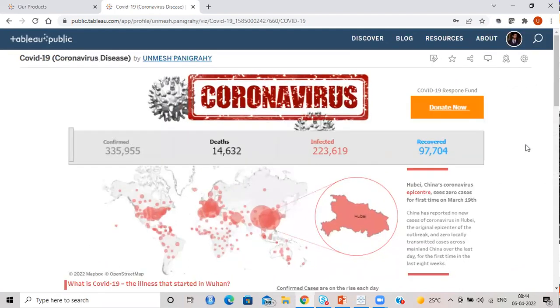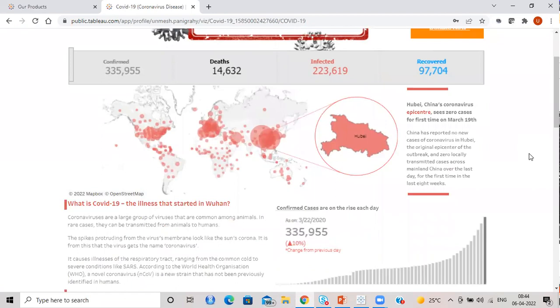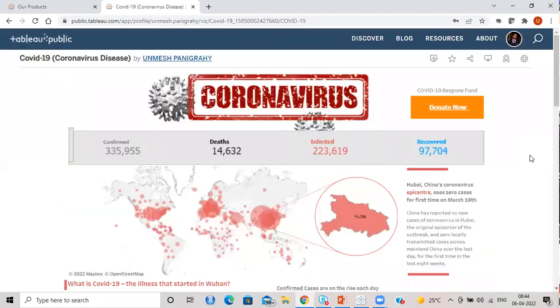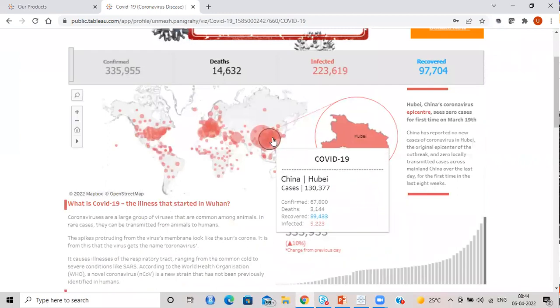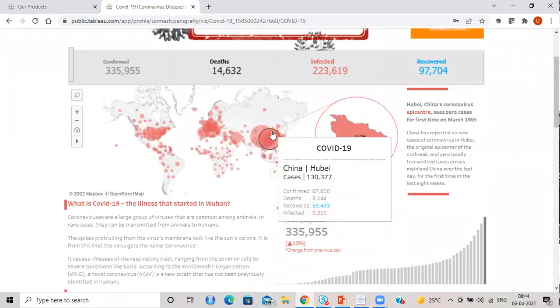Now this is a report I have created based on data that is publicly available, and at that time I showed what the coronavirus is, the COVID-19 confirmed cases, where deaths were, who was infected, how many people recovered, then how the infections are across the world, and this is where